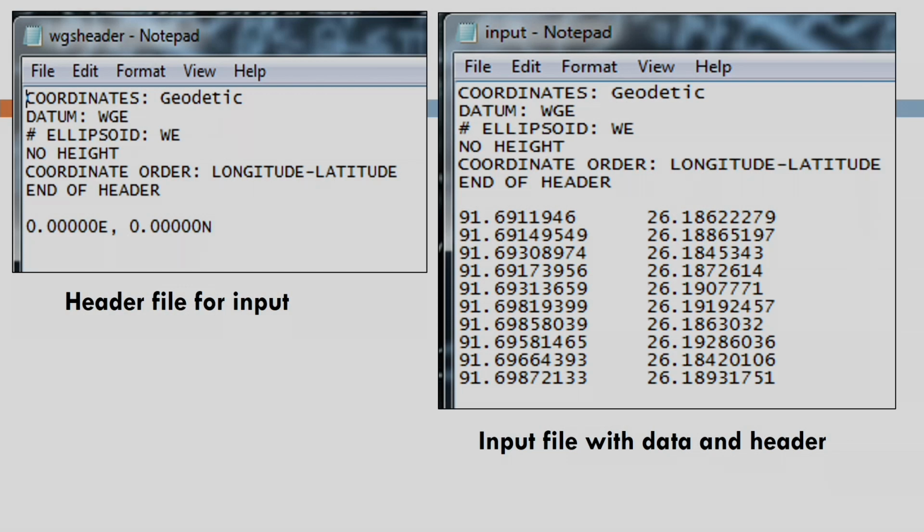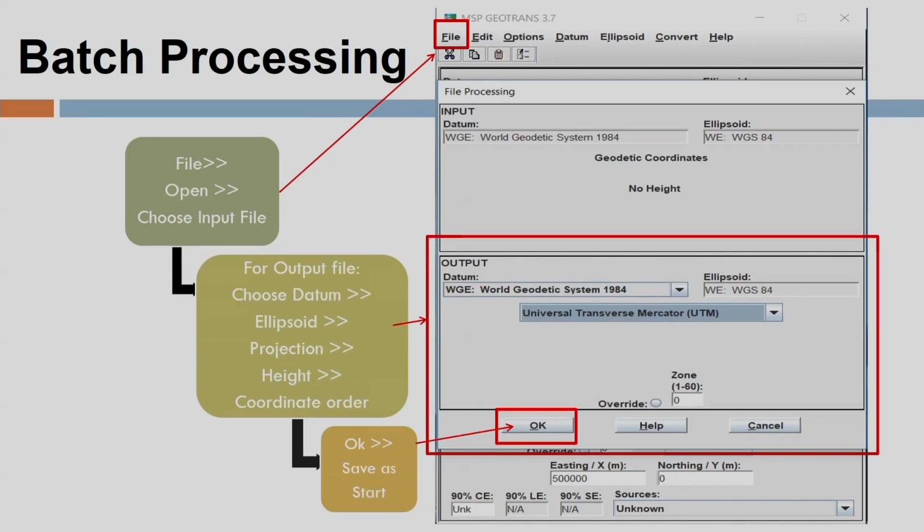So I am putting longitude and latitude in order for 10 points. This is my input file prepared for the map projection. Now I will project this geodetic or geographical coordinate of 10 points into some map projection, maybe UTM, LCC, polyconic, and so on. That's the batch processing for getting the output. You go to the file, you select the input file which we have recently prepared in the last slide, and then you will select your output. That means in the output you are selecting UTM because you want to project your geodetic two-dimensional coordinates into UTM map projection X and Y.